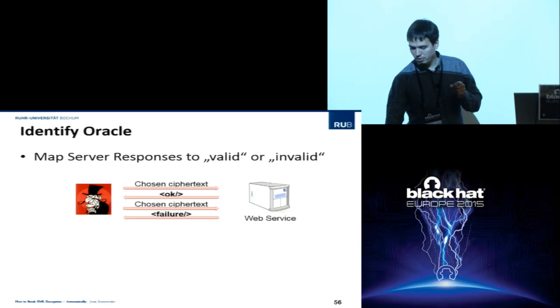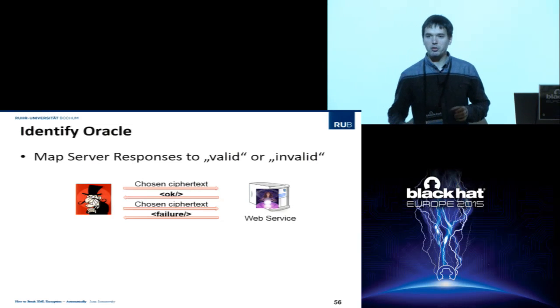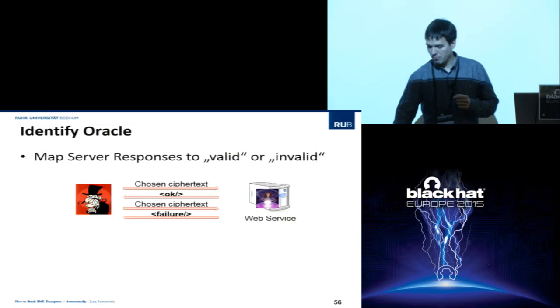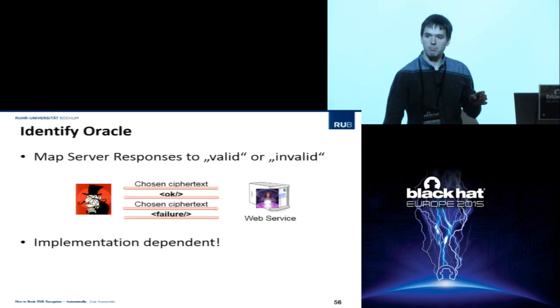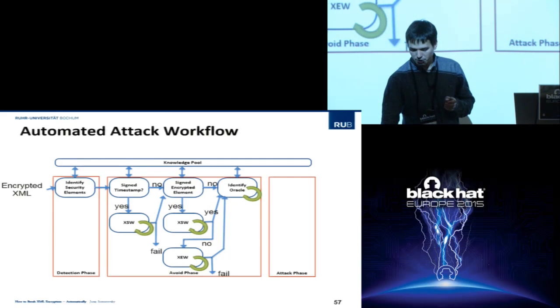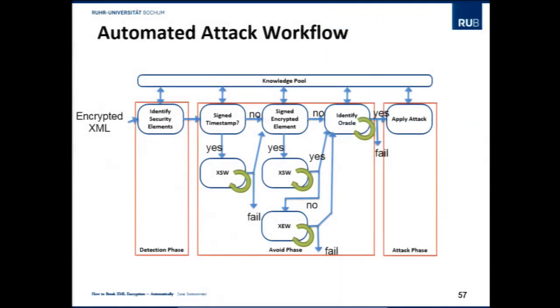We need to map it to this true or false, or to valid or invalid messages. So we need to construct an oracle from a web service. This is implementation dependent, so some implementations use stack traces if they are wrongly implemented, or maybe there are specific error messages. And at the end, if we identify the oracle, we can apply the attack and